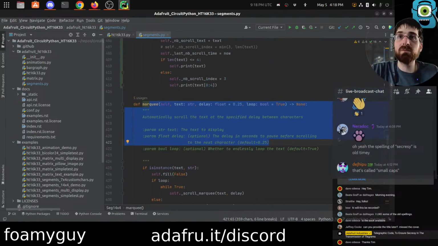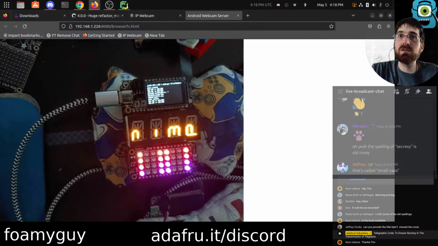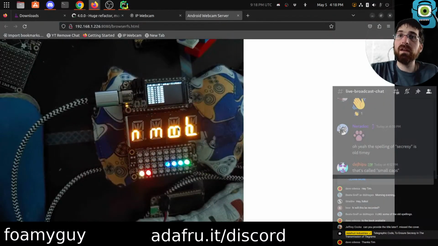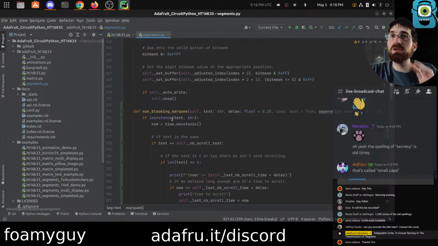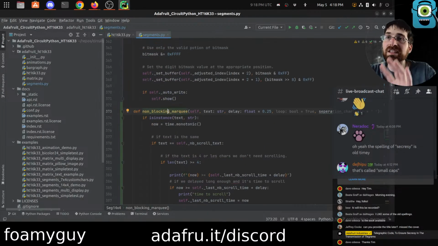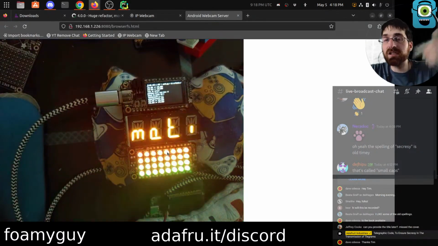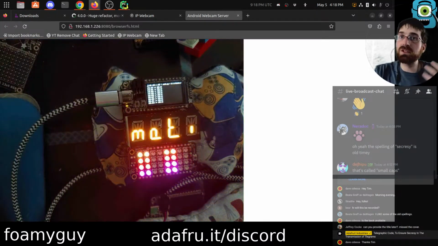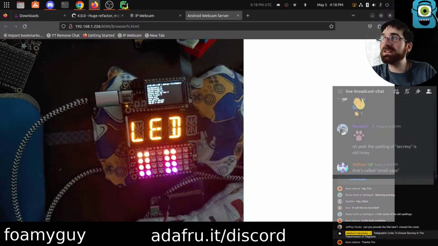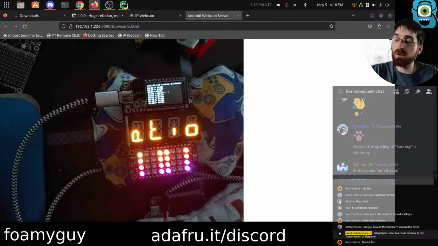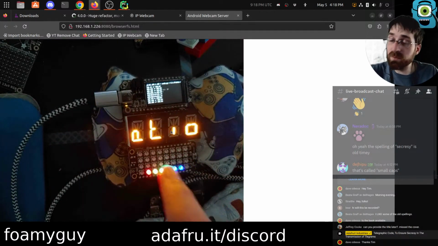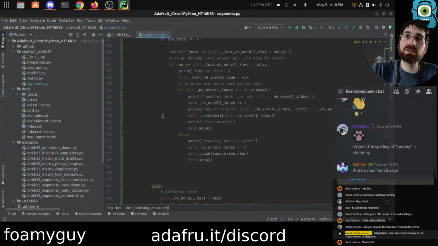So pretty fundamentally, for this to work how I want, we need a way to scroll the text without blocking. We want to be able to refactor this to be where you call it once and it takes one step if it needs to. And then you just keep calling it over and over and over again inside the main loop, and it will just keep track of how long it's been since the last step and update itself accordingly. Essentially, we want an interface, an API, that's pretty much the same as what we have for the NeoPixels with